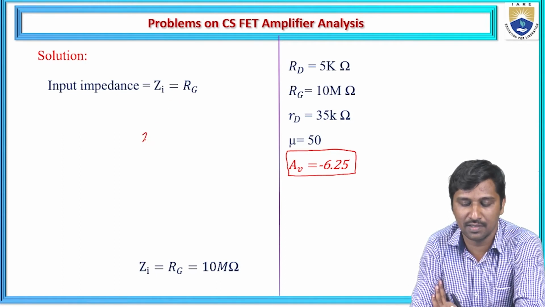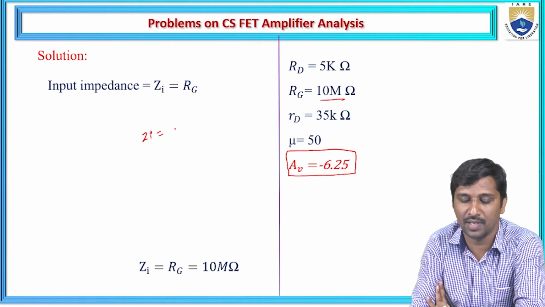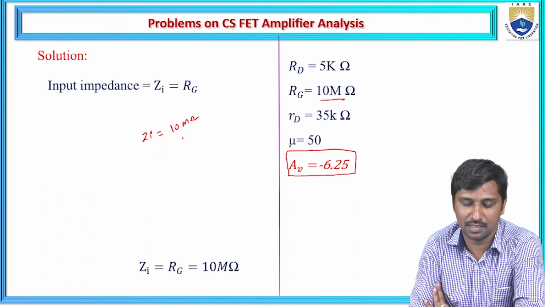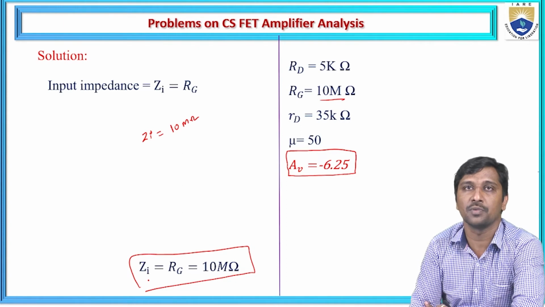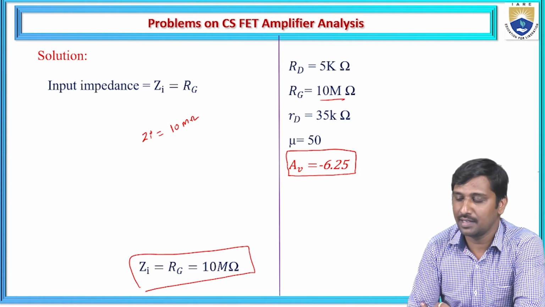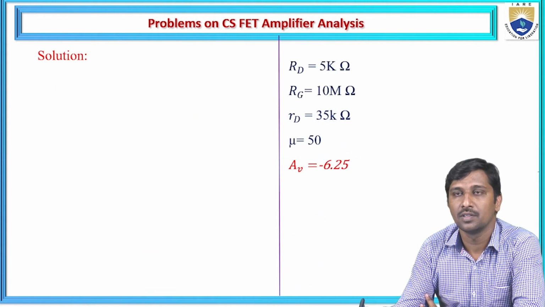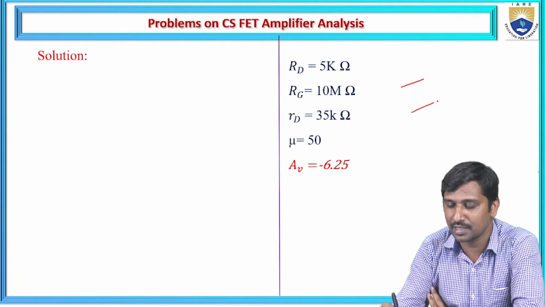So hence, based on the given specifications, the RG value is 10 mega ohms. Hence, we can write the input impedance Zi equal to RG, that is 10 mega ohms. Now similarly, we need to calculate the output impedance. If we want to calculate the output impedance from the small signal model analysis, then let us consider the